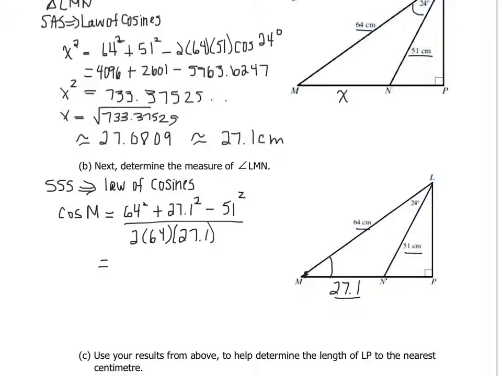And that's going to give you 4096 plus 27.1 squared, 734.41, minus 51 squared is 2601, all over 2 times 64 times 27.1, and that gives you